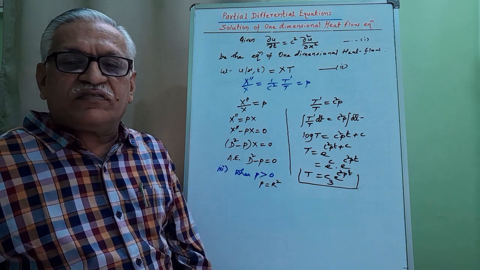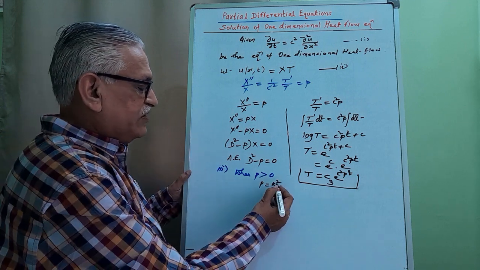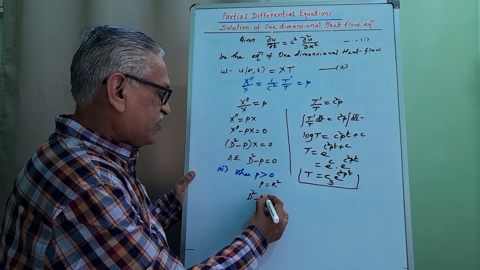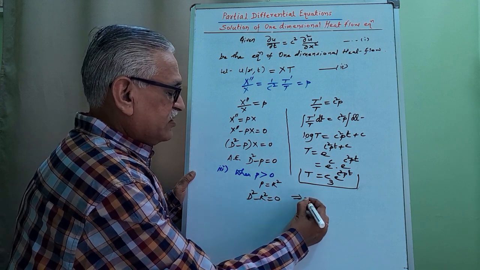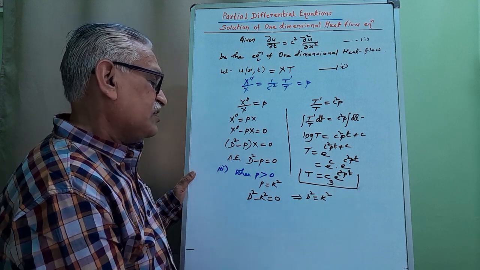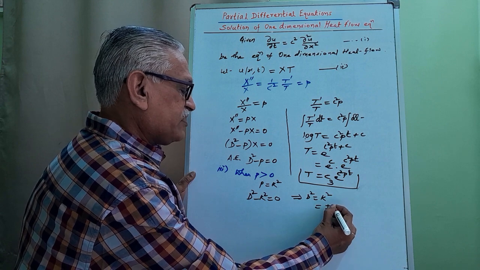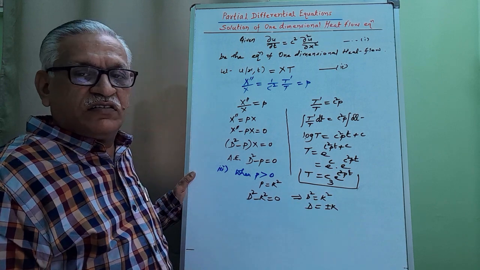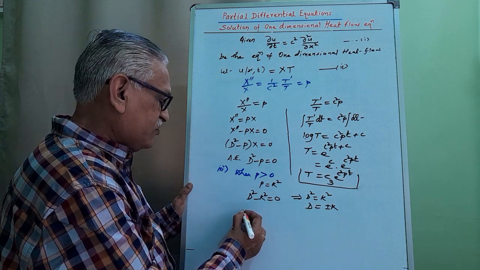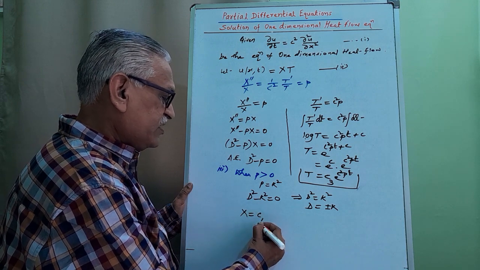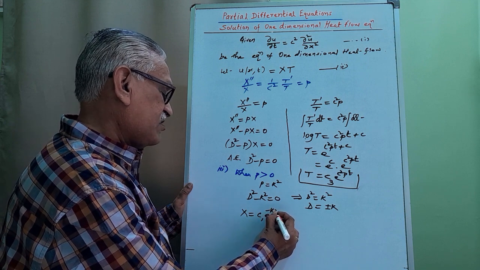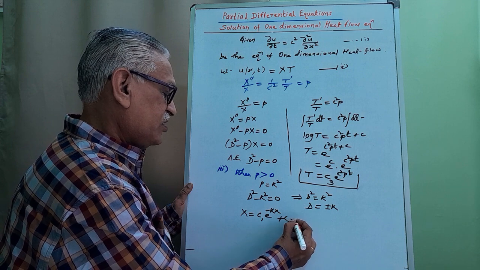This is the second case. When p is positive, that is when p is equals to k square, suppose, then that auxiliary equation becomes D square minus k square is equals to 0. It implies D square is equals to k square. We get the two values plus minus k for D. Two different values, two real and different values. And whenever we have two real and different values, capital X is given as c1 e raised to minus kx plus c2 e raised to kx,